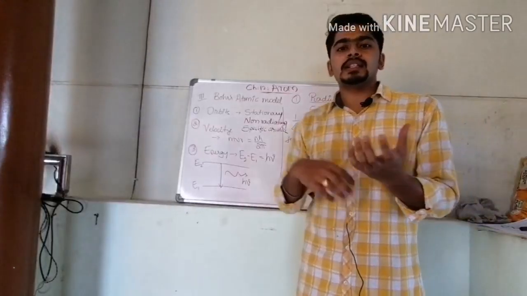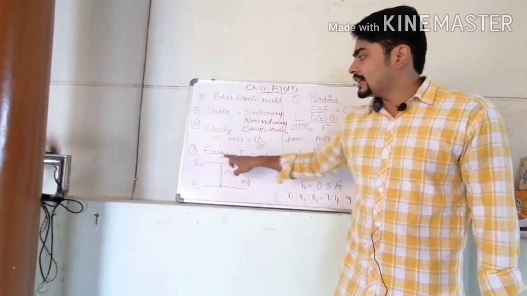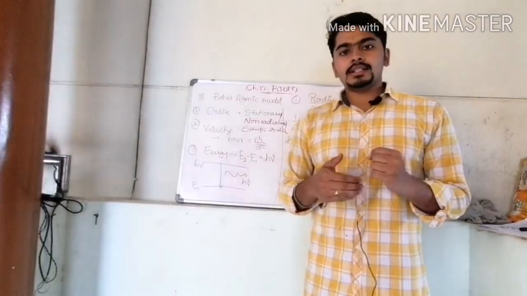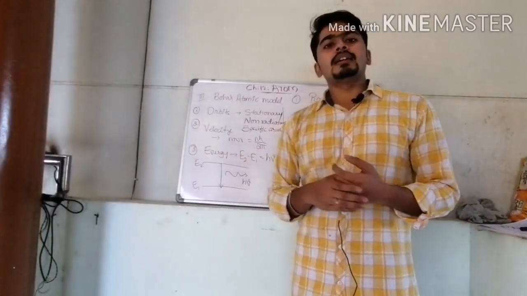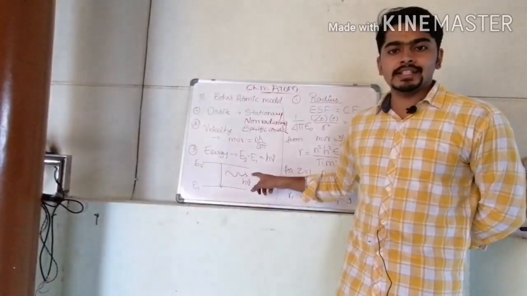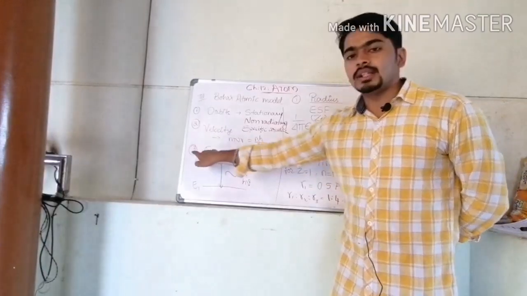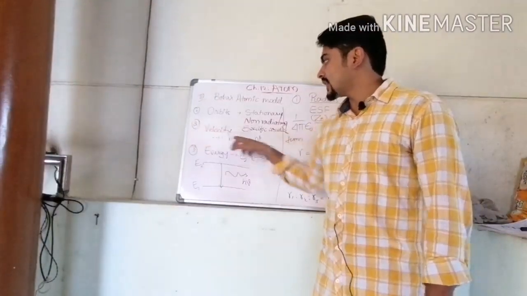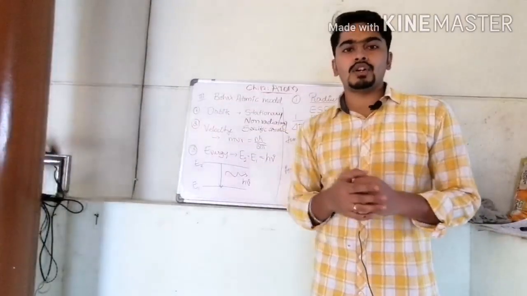How much amount of energy is liberated? That is given by the difference between the two energy levels. Higher energy level minus lower energy level gives the amount of energy liberated by the electron, that is in the form of a photon. Energy of a photon is h nu. So E2 minus E1 is equal to h nu. So the third postulate gives the explanation for the energy. Similarly, the second one for the velocity and the first one for the radius of the orbit.